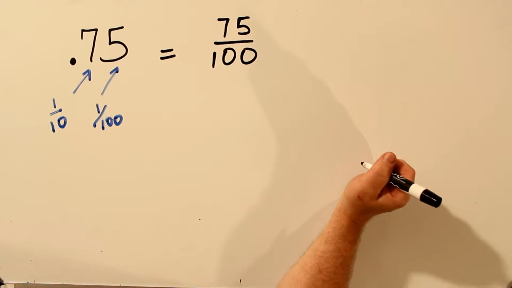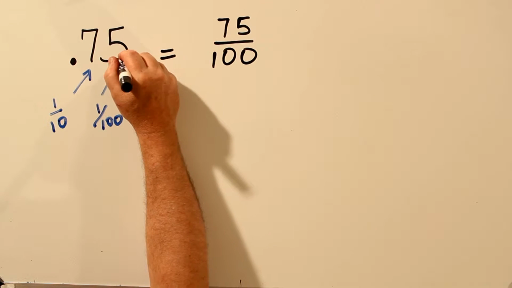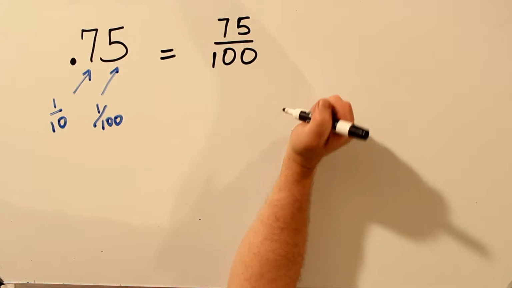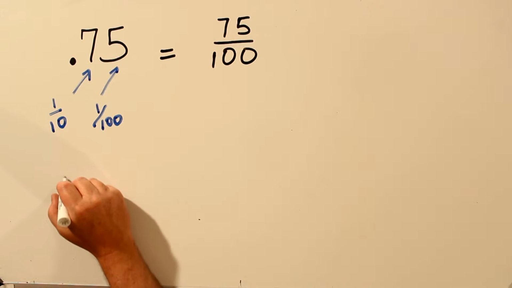And we're actually done. 75 over 100 is a fraction. So to convert a decimal to a fraction, we put it over a power of 10, in this case 100. I'll leave that one on the screen. Let's convert